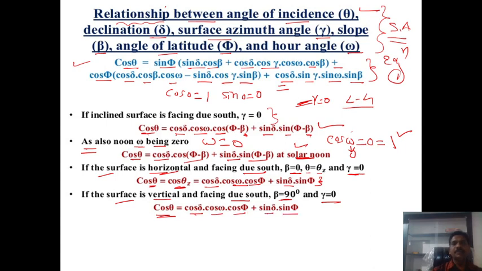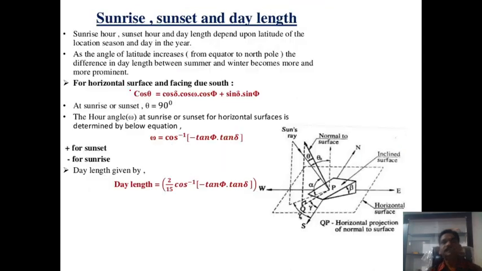These equations we know, right? Cos 0 is what is, cos 90 is what is 0. If you put here, so phi minus 90, only the cos delta will be here. Here sin and sin, phi minus beta. So sin phi minus beta is nothing but what is sin phi, because we know sin 90 is 1. So what is remaining here, sin phi, like that. Okay. So this is the equation you should know, from which equation we derive from the standard equations.